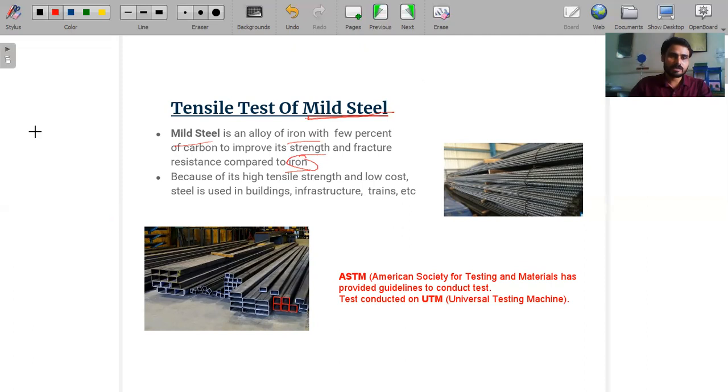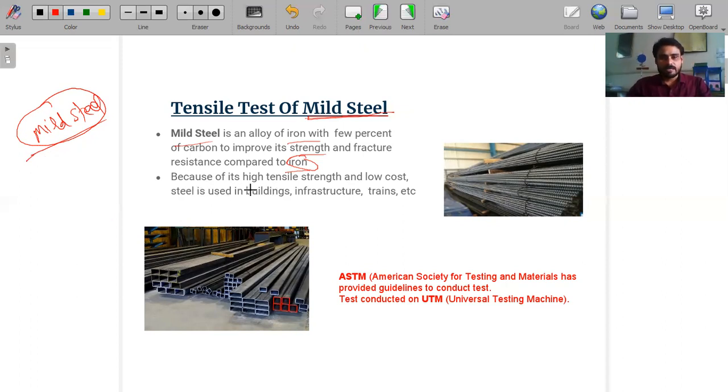Here we are discussing mild steel, but by the variation of the percentage of carbon, a number of different grades of steel can be achieved, and different grades of steel show different properties. Every grade of steel has its standard stress-strain profile. Different grades of steel do not show a similar stress-strain profile because of the percentage of ingredients. So here we will talk about mild steel, and mild steel is basically a low carbon steel. The percentage of carbon is low in this particular type of steel.